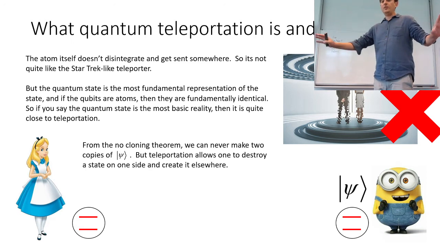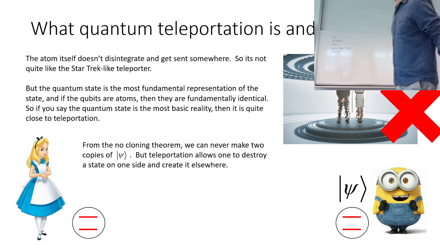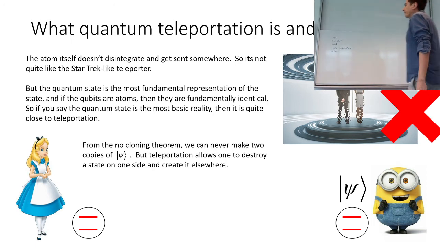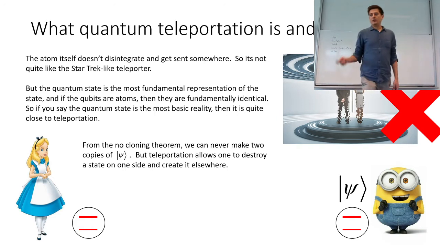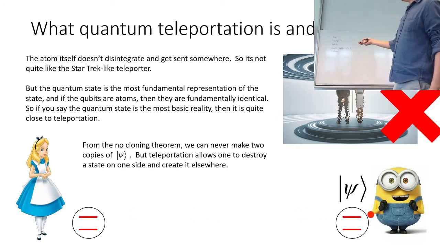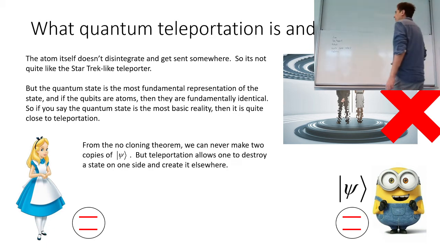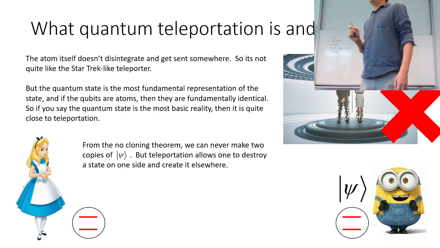It's not like the atom is somehow moving. But what does happen is that the quantum state of this atom does go from Alice to Bob. And so even though this is not quite the Star Trek thing, there is an element of truth to